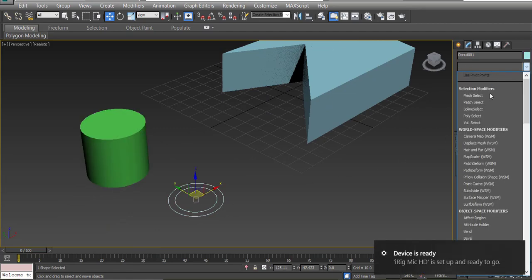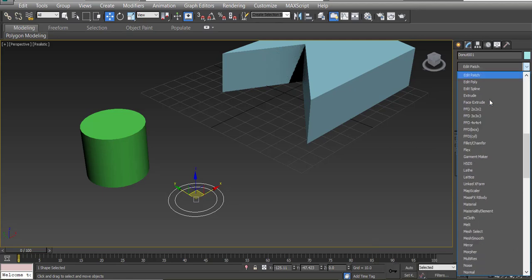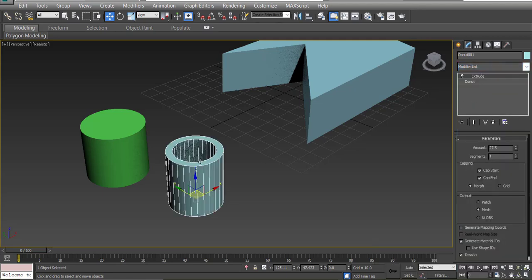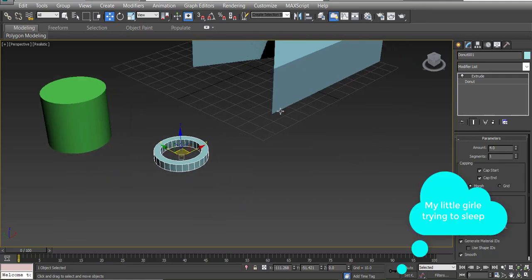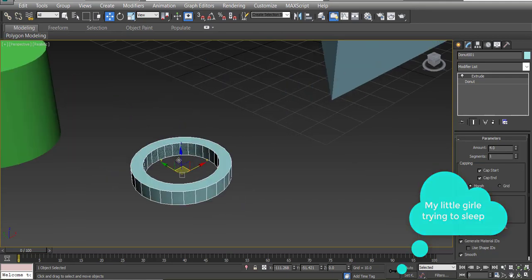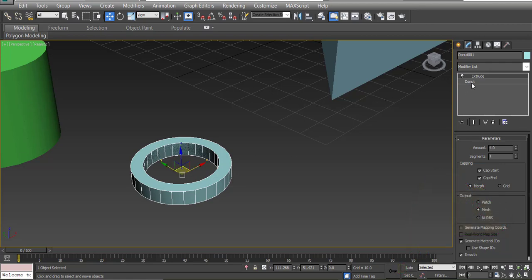From the Modifier List, E, and then Extrude. And if you can see, I will reduce the amount of the thickness. If you can see from the last shape, the Extrude will fill only the